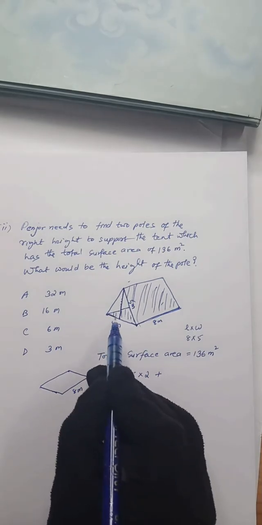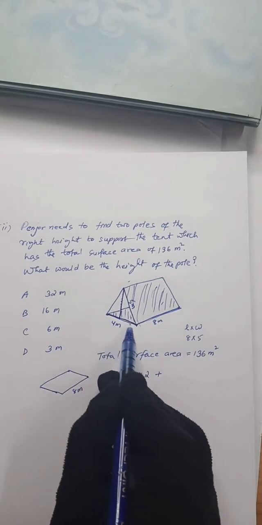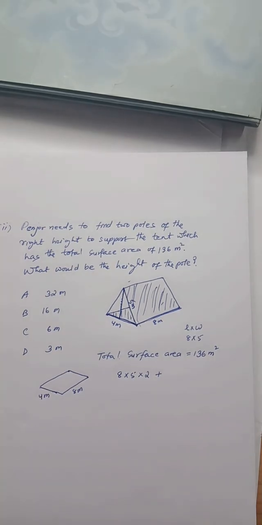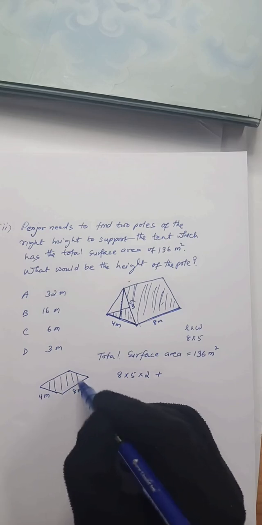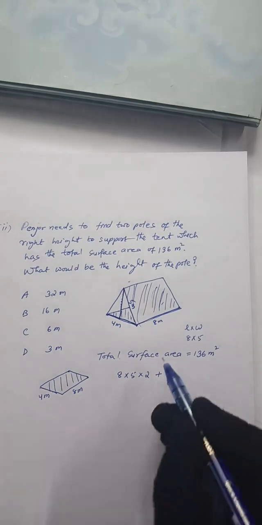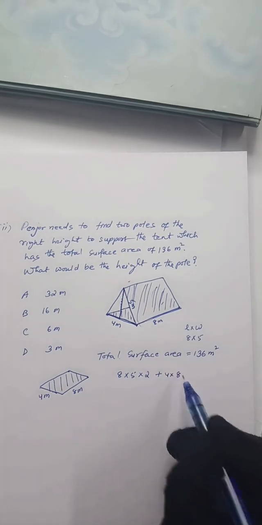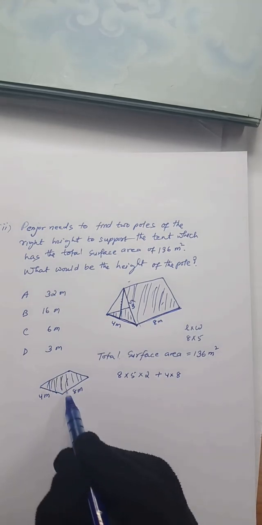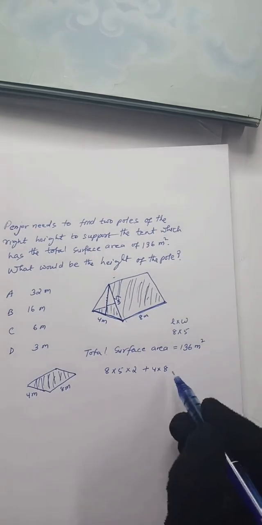However, the width is going to change for the base, and that is 4 meter. And again, we can find the surface area of this rectangle, which is 4 times 8. And we don't have to multiply by 2 because we just have one base. Okay. And plus